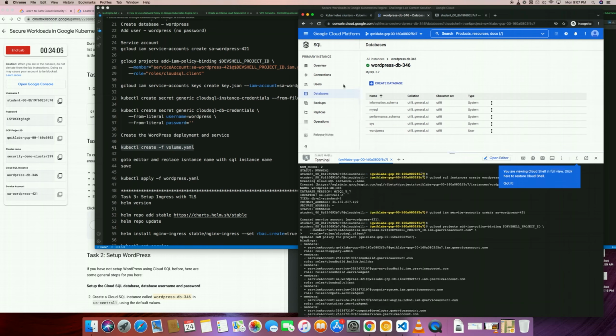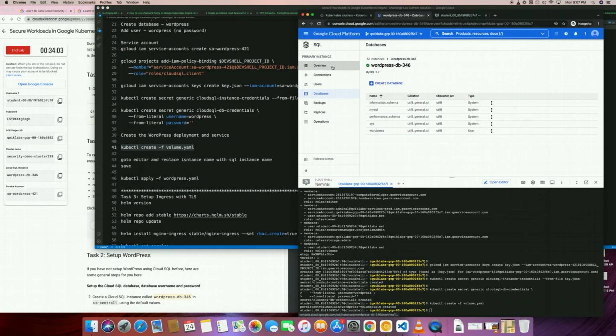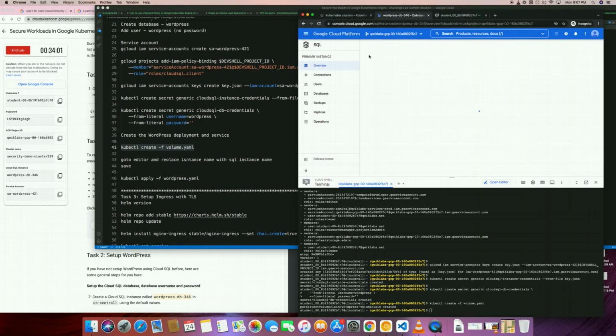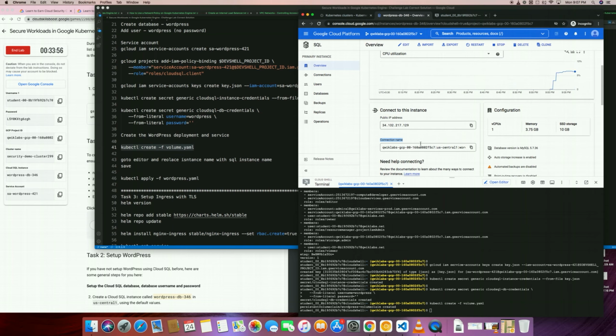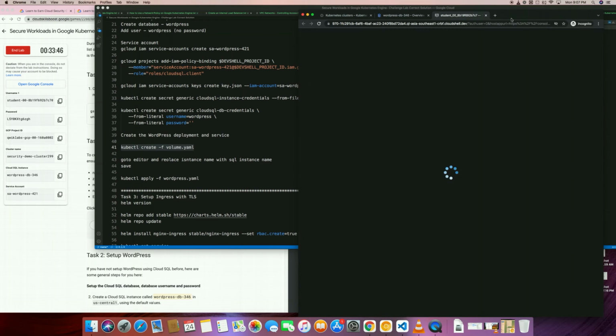Okay, go to your SQL instance, go to the overview. We'll copy something from here. Copy this thing, the connection name, and click here. What you need to do, again I am telling you, is go to SQL, go to the overview, copy these things, and go to your